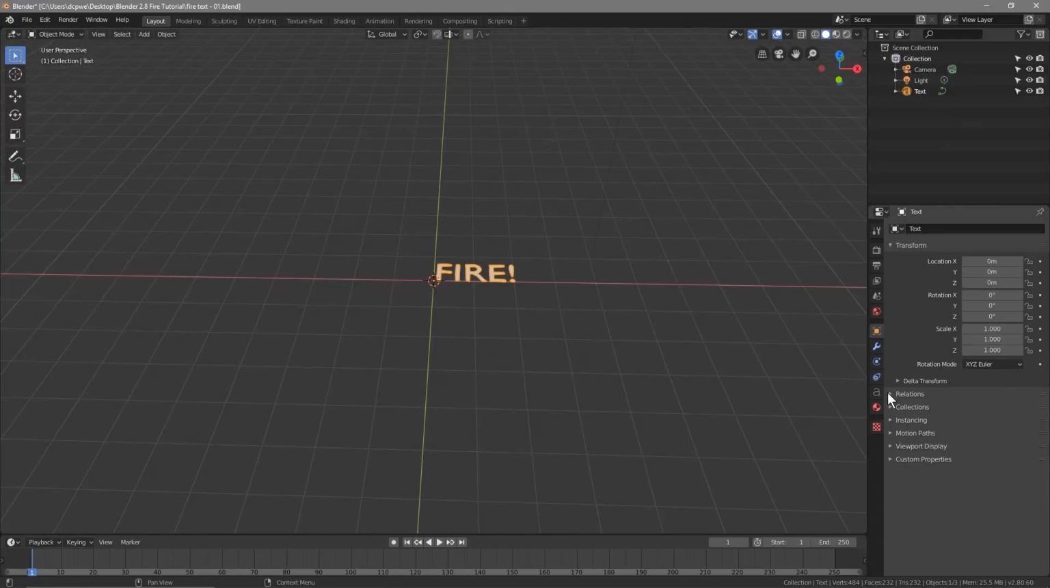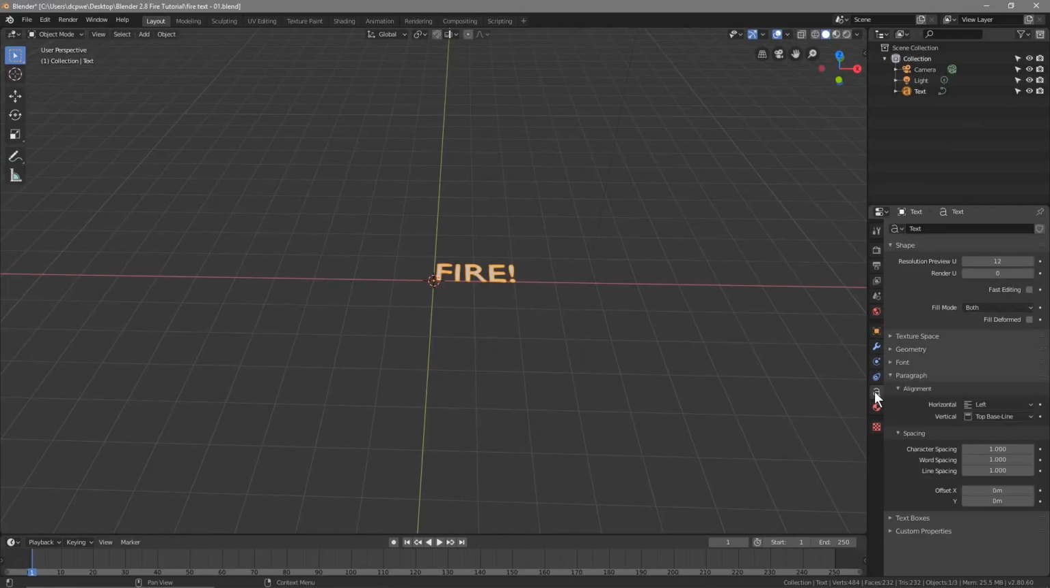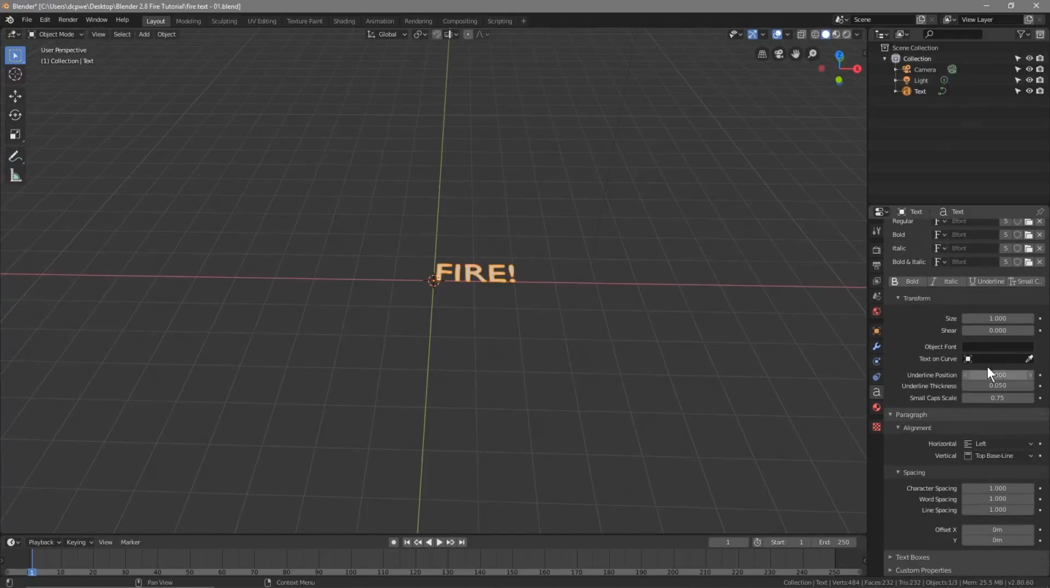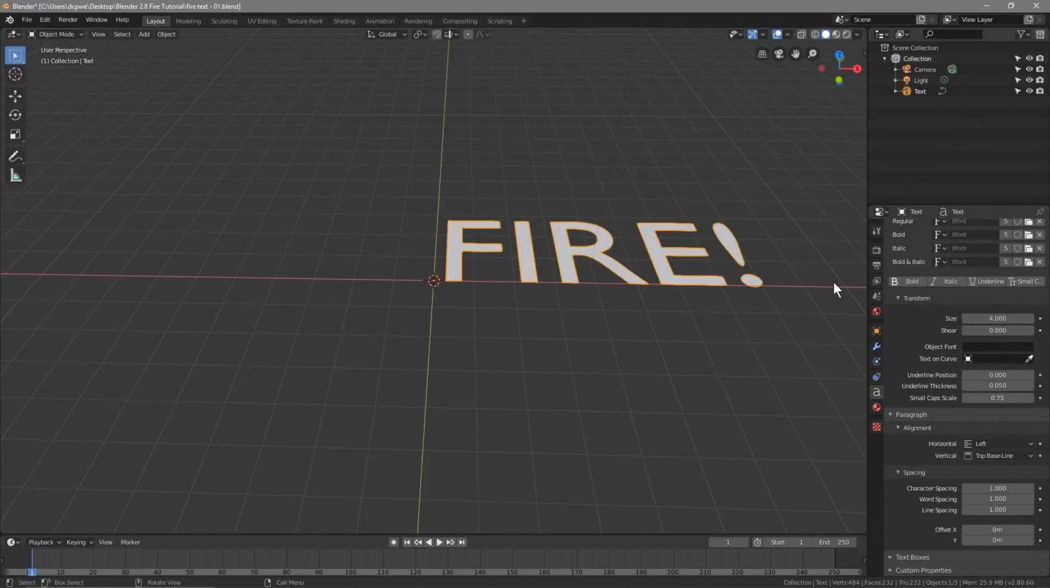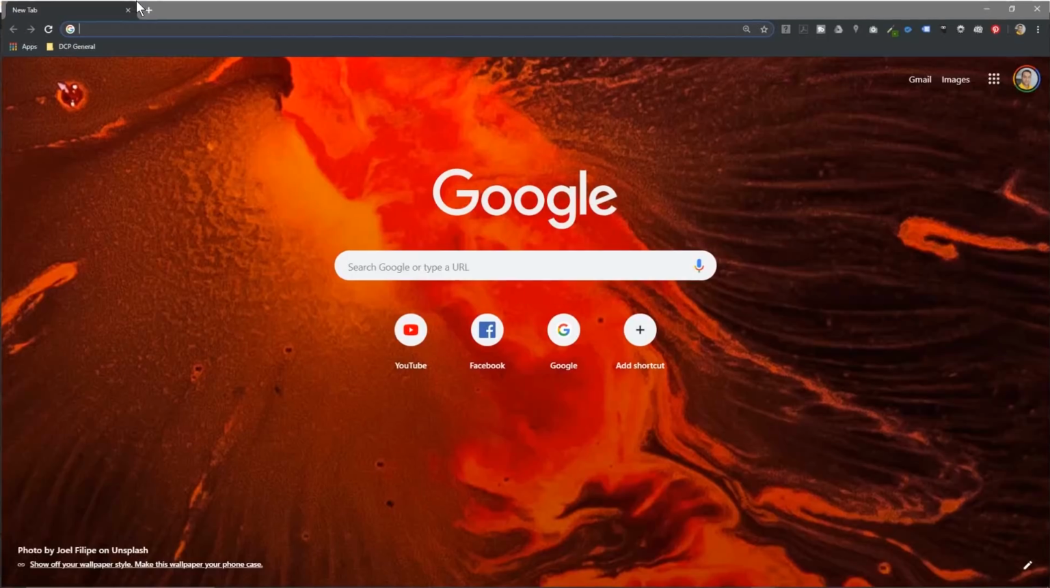I'm going to type in fire and I'm going to click on the object data down here for this text, and I'm going to click on the font and I'm going to set the size to 4. So you can set it to a smaller or larger size, it's entirely your choice depending on what you've typed in. And we want to change the font, so let's go ahead and open up our web browser here